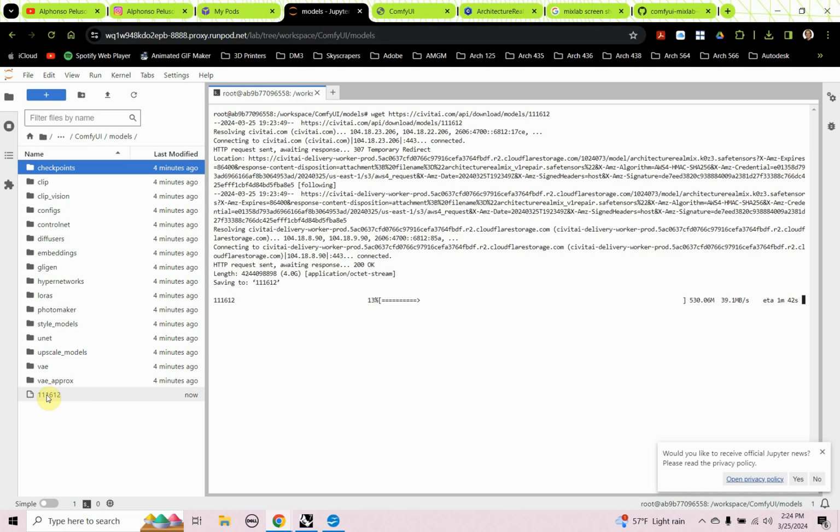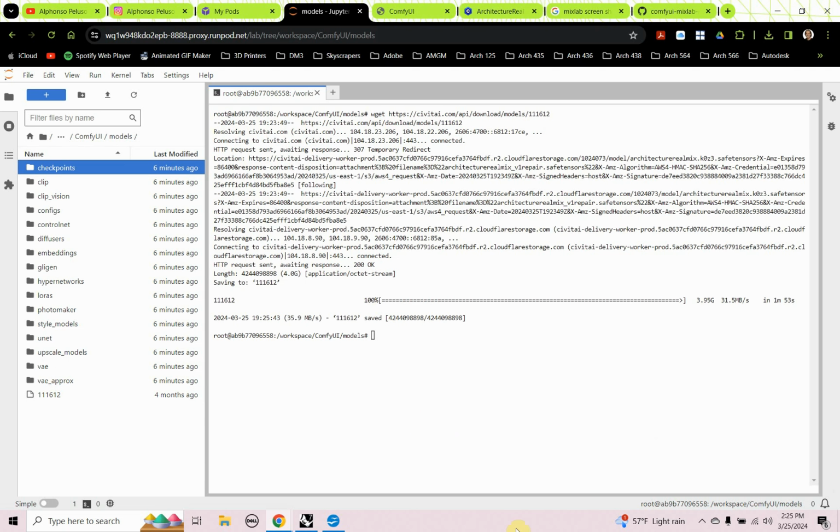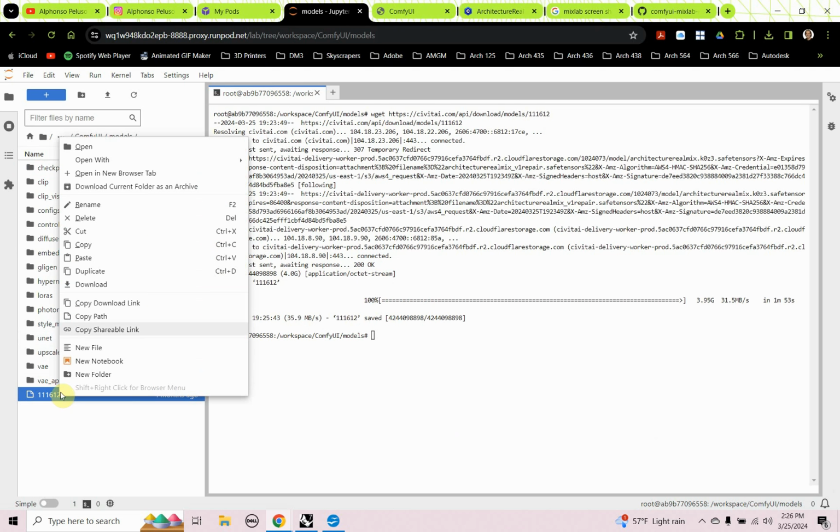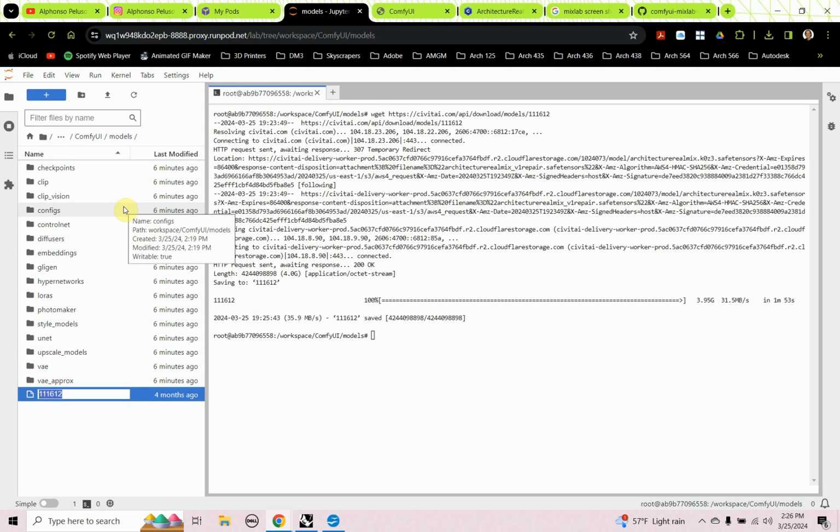Then we're going to have to rename it, and I'm just going to rename it ArchRealMix 1.5 for Stable Diffusion Model 1.5. And the biggest important thing is that I name it with the extension .safetensors, and you're going to see that in a bit. Okay, that is finished. It says 100% here, so you know it's done. So I'm going to go ahead and rename it. I'm going to click on it and then right click and choose rename. I'm going to name this